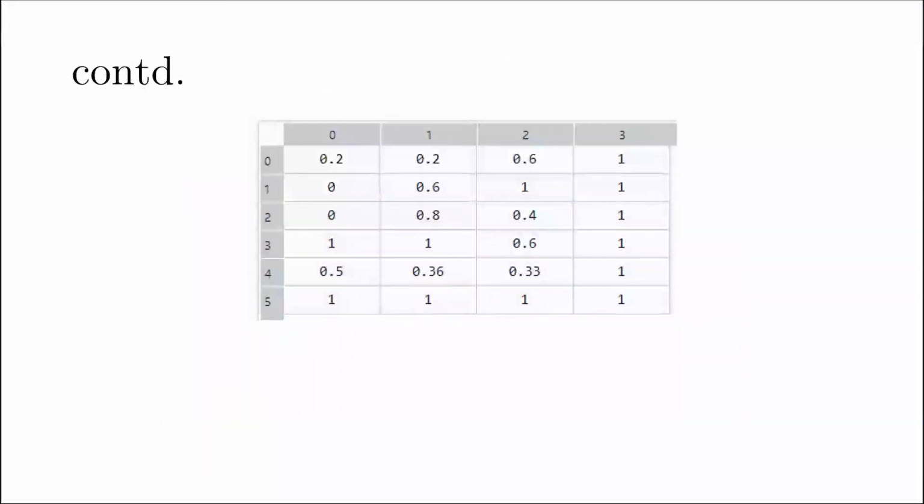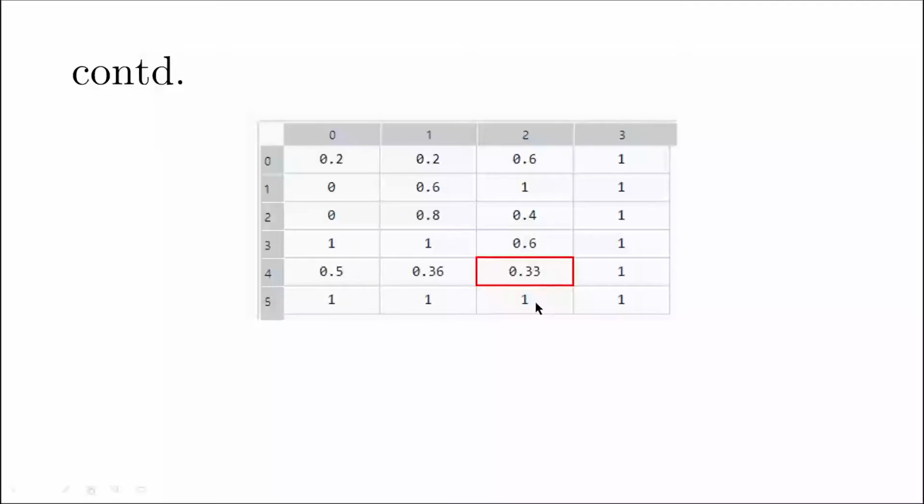Let us say we have some random matrix like this, which has 6 rows and 4 columns. It has 6 rows because the final row index is 5, or you can even count 1, 2, 3, 4, 5 and 6. And we have 4 columns. Now, suppose this particular element is of interest, that is 0.33. We would look at how we can call for it or refer to it. Again, we would use the indexes. Indexes are the address.